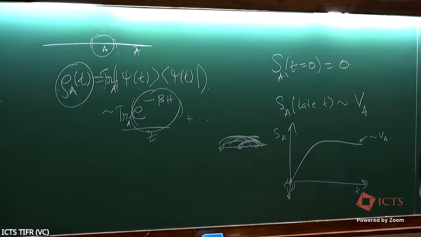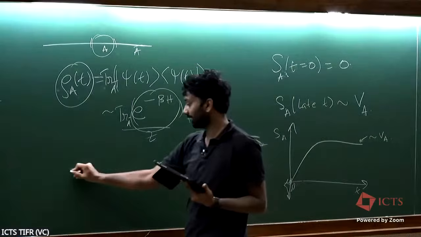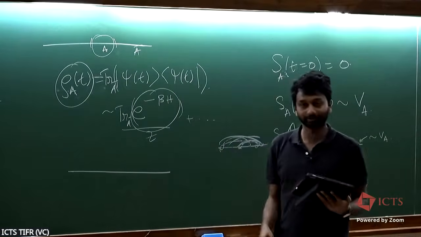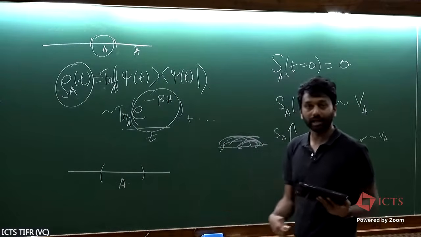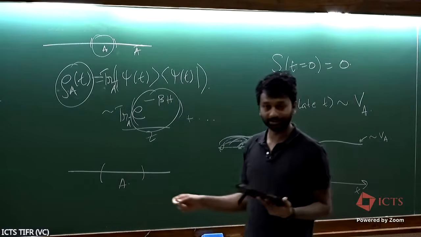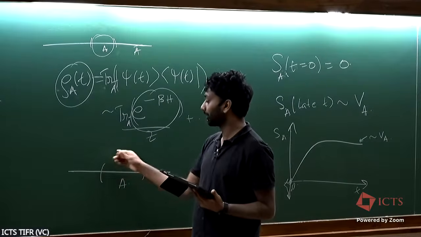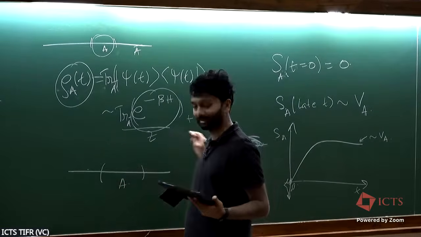Okay. Regarding this growth of entanglement, comment on what is the time scale that it requires to reach this volume law limit. So you can think of a cartoon picture for the growth of entanglement: I have this subsystem A, and I have dynamics using a local Hamiltonian. And a local Hamiltonian cannot create entanglement between things that are very far away.